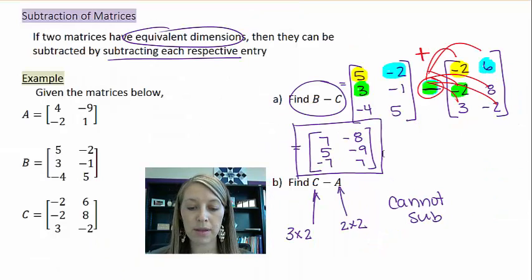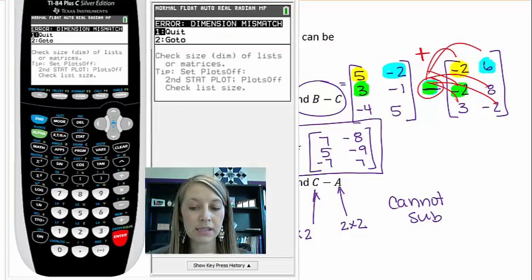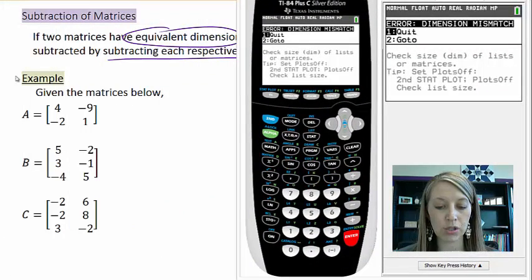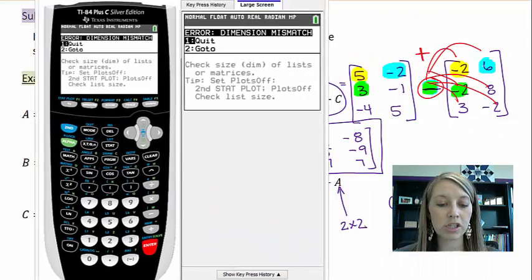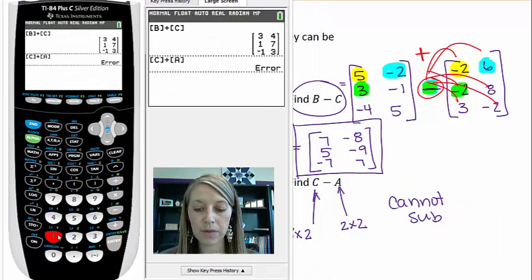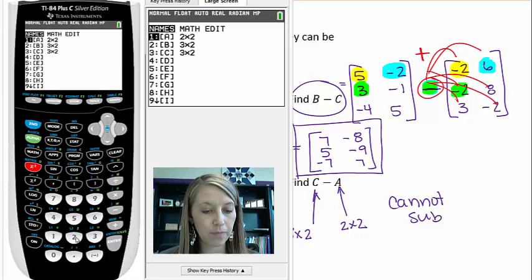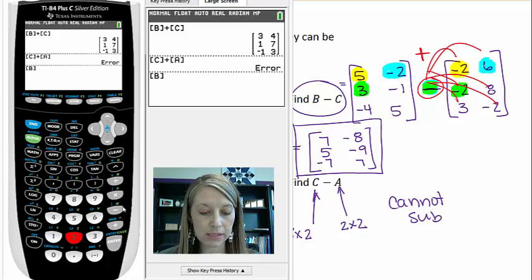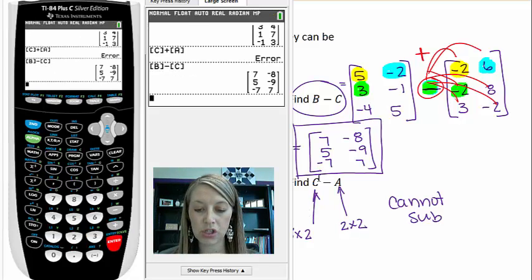We also did some examples of matrix subtraction. When I did this, I used the same matrices A, B, and C, so I do not need to re-enter those. I can just pull up what operations I need to do. So here, I can do second matrix B minus matrix C. And so if I do that, I should have this matrix down here,